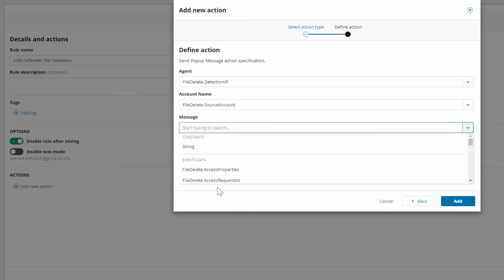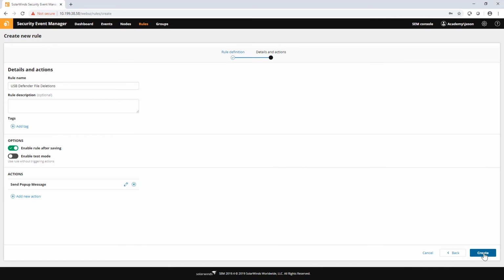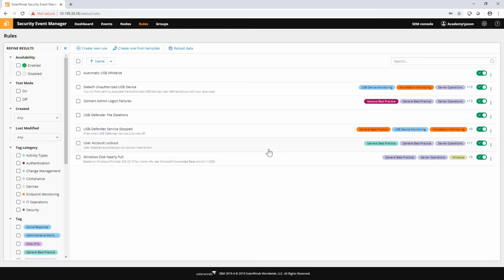This is probably something I don't want to just pull straight out of one of the existing fields. That probably isn't going to make a lot of sense. So I could just switch this to a string constant and type my own message. Whatever you want to put there. We'll just add that in and create, and that is that. We can plug in a device and test that if we wanted to, but that is a pretty simple, straightforward rule, and it should just work.